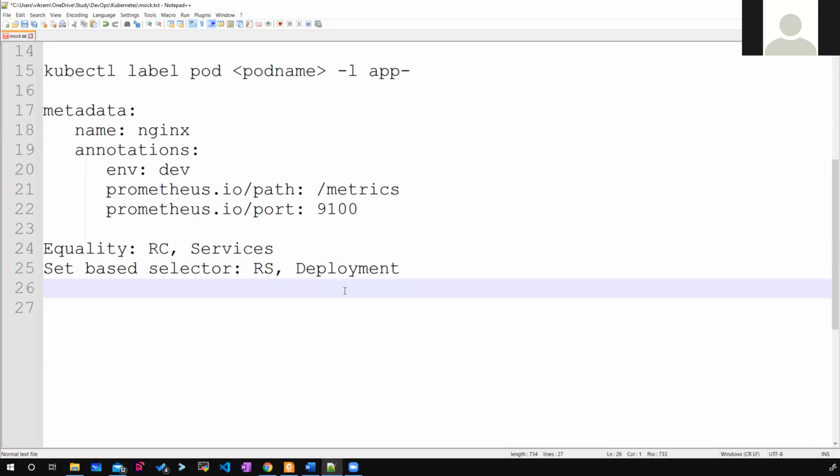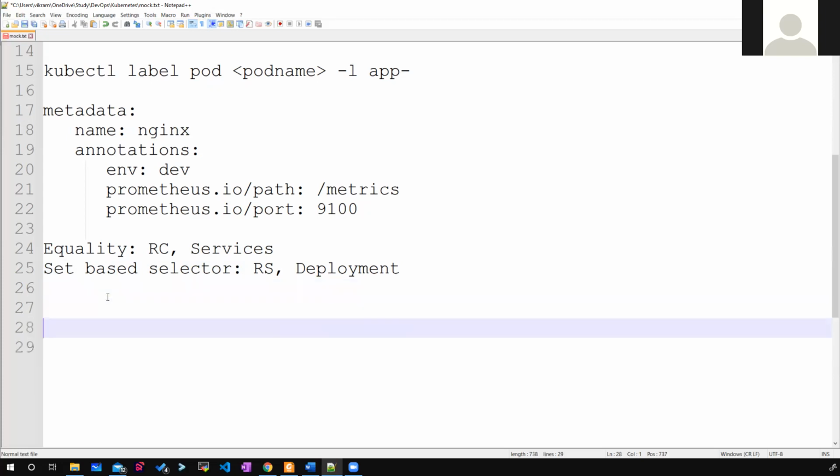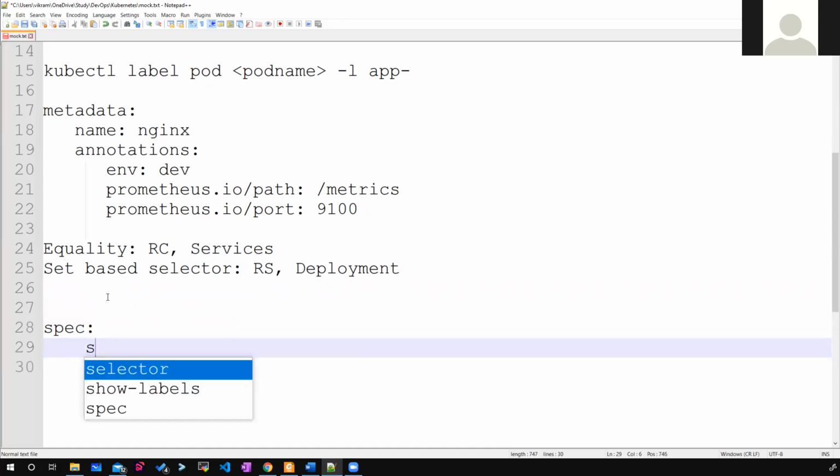Okay. Can you write a selector part? So let's say, for example, you are writing a service manifest file. I want you to write a selector part wherein you will choose a specific pod. Would you be able to write that? Yes, in case of services, if you see the spec section of the service, we have a selector, right? Selector for that service.